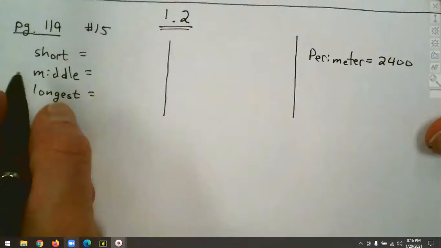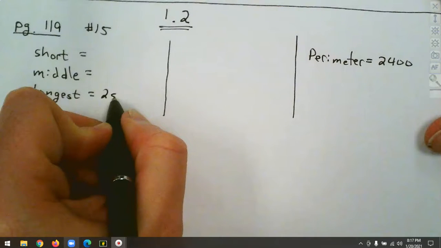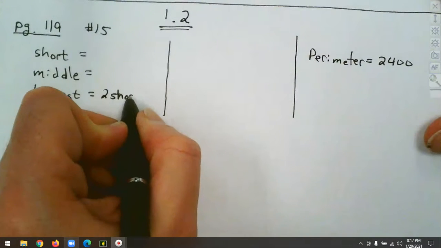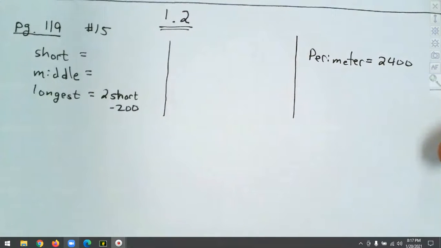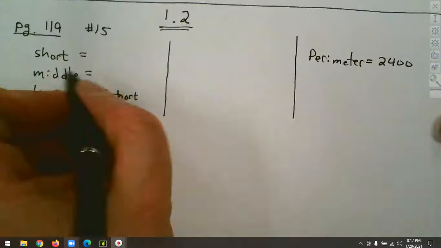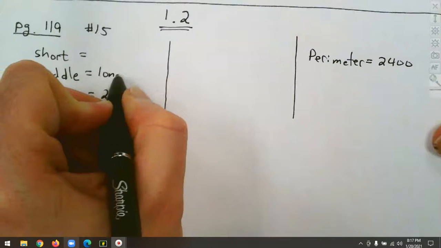So my longest side is 2 times the short side minus 200, right? And we'll plug in the variables in a moment. I always like to start with words first, then variables. So that's our longest side. Longest side, 200 feet less than twice the shortest. The middle side is 200 feet less than the longest. So the middle side is the longest